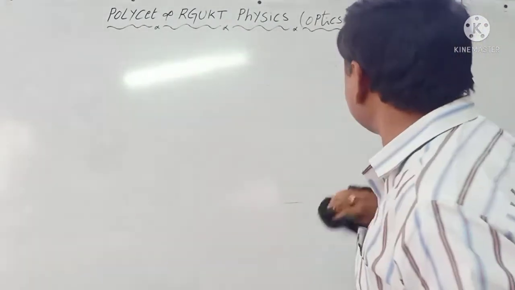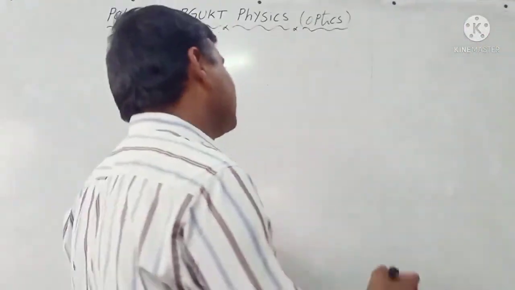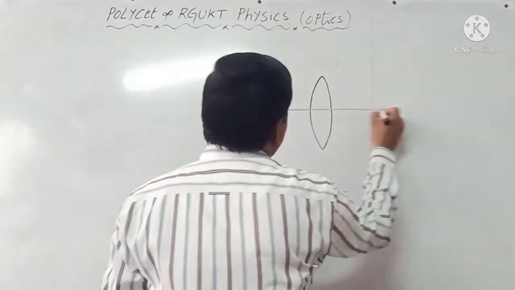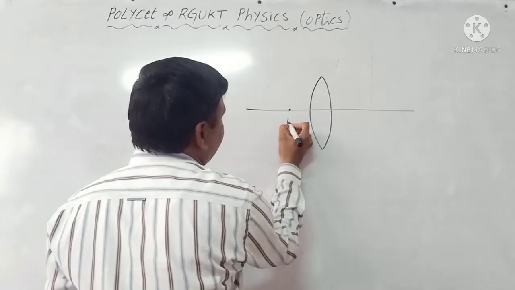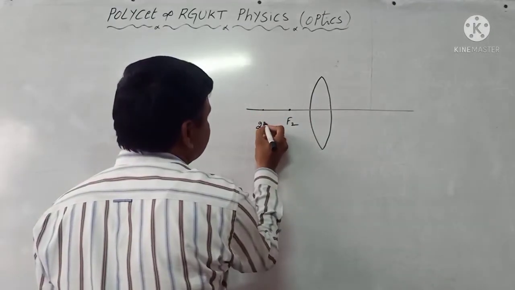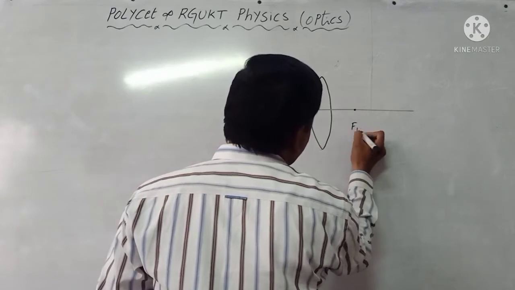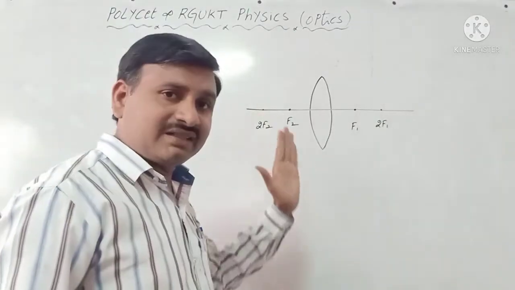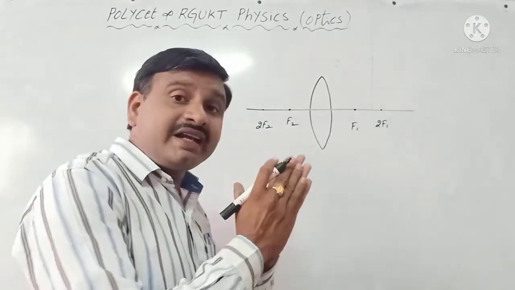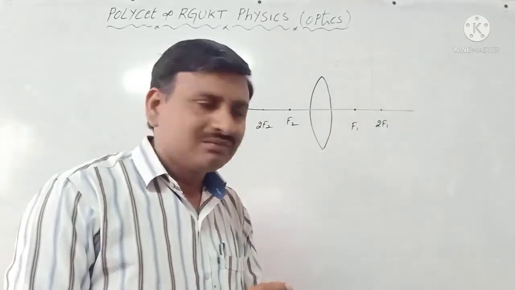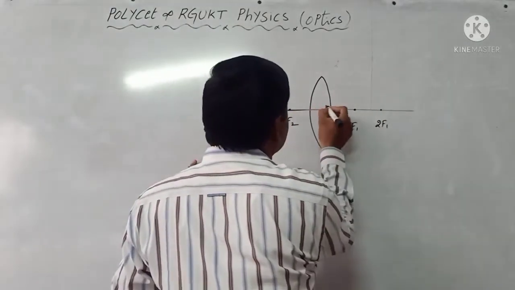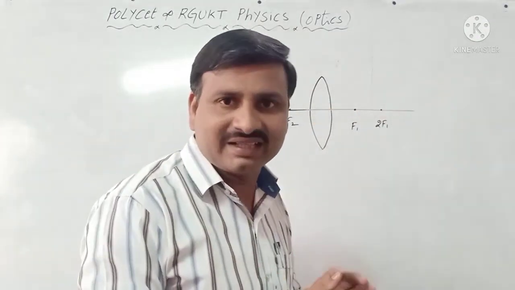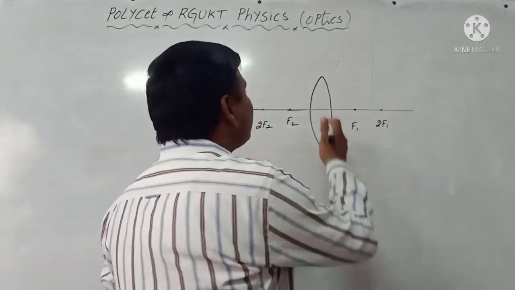We take another lens. What is the other lens here? Convex lens, for example. Again you take the convex lens. Here you know that it is the focus, the center of curvature, another focus and another center of curvature. Here it asks, a convex lens of focal length f is cut into two equal halves along the principal axis. If the focal length becomes,